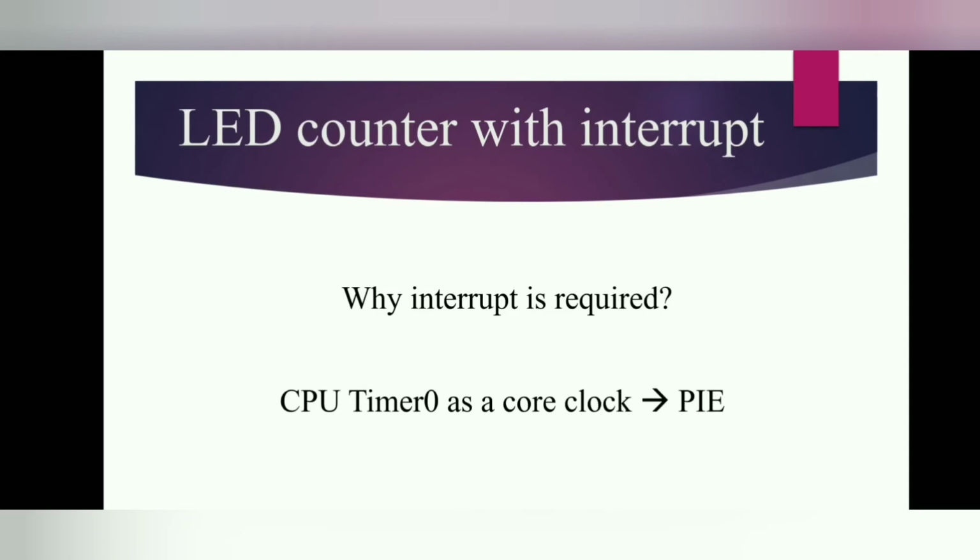So in the previous example, we used the software delay loop to generate the time interval or delay between the output steps. This is a poor use of processor time. So in this example, with the help of interrupt, we are going to provide a timing delay between the output steps. Who will do that task? The task is done by the CPU timers.